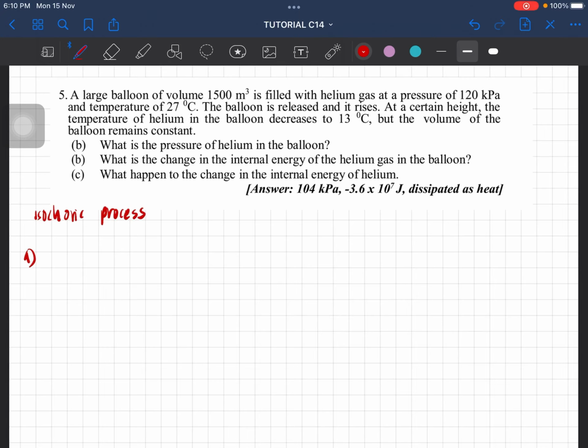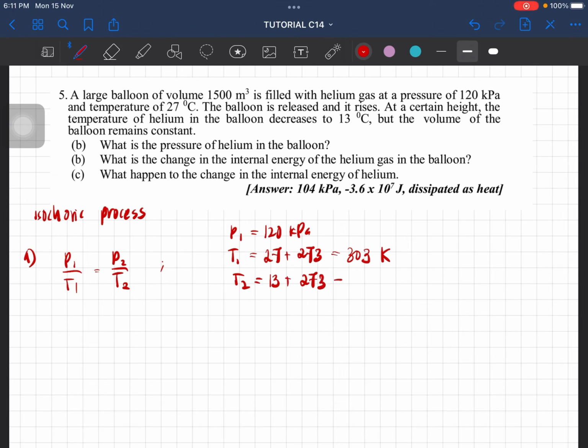We can use pressure's law, which is P1 over T1 equal to P2 over T2. Okay, where P1 is 120 kilopascal, and then T1 is 27 plus 273, 303 Kelvin, and then T2 is 13 plus 273, 286 Kelvin. So from here you should get the pressure to be equal to T2 over T1 times P1. The answer, I think, based on what I answer, it should be 114.4